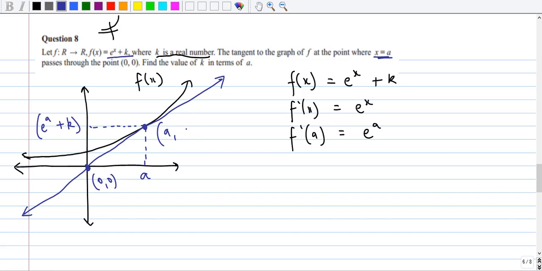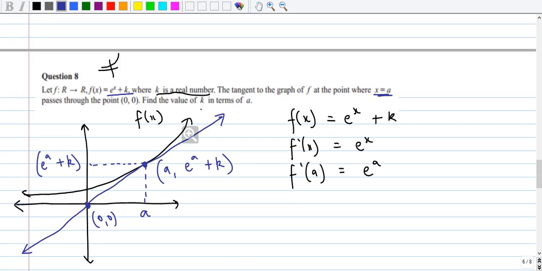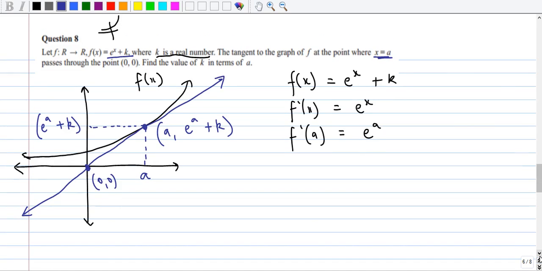So this is quite an algebraic question in that I don't have any values. But it's still applying these concepts, just using them algebraically, not with numbers. Another way of expressing the gradient of this line is by using y2 minus y1 over x2 minus x1. So the gradient is also this minus 0, y2 minus y1 over x2 minus x1, which ends up simplifying